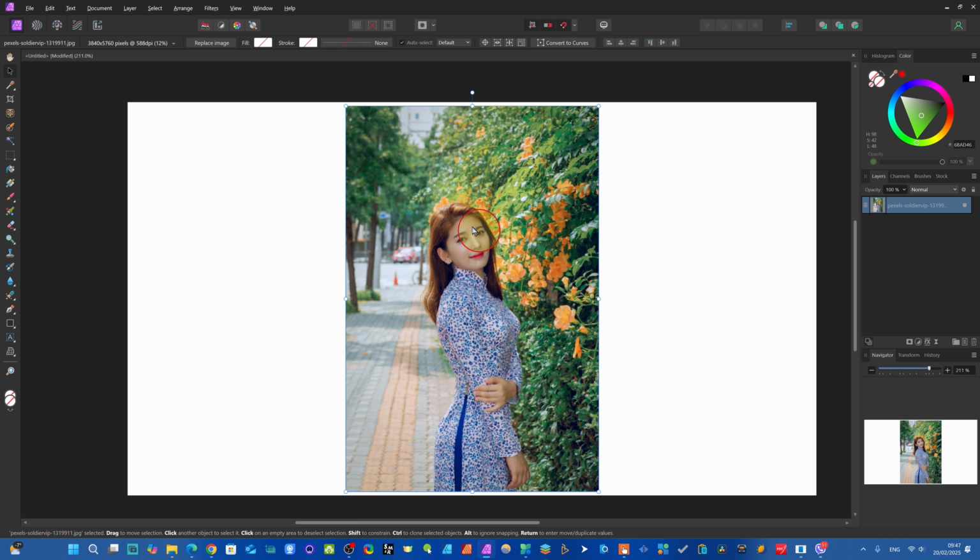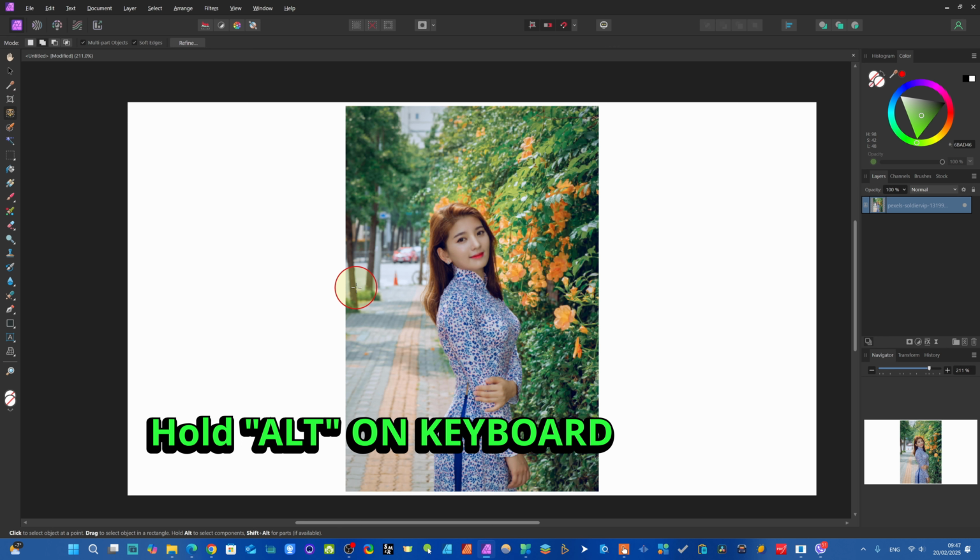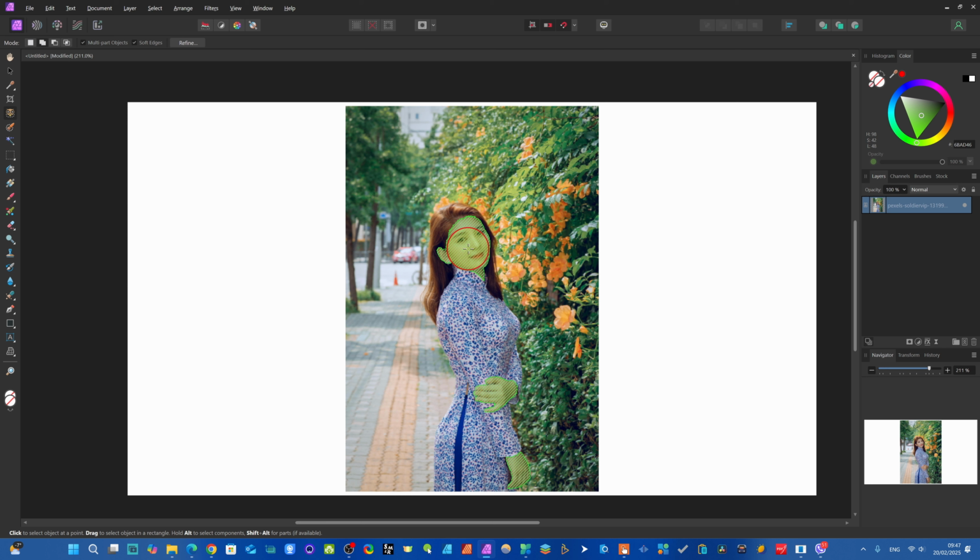Now I show you, I have this model here from Pexels, and I show you how we can change any part, how we will use these selection tools. You have to come here, you see this object selection tool, you have to just click here. If you are on Mac, you have to just hold Option, or on a Windows PC Alt, and you can select any specific part. Now, I am holding Alt on my Windows 11. Now you see I can select this color. You see this is the same color as the face.